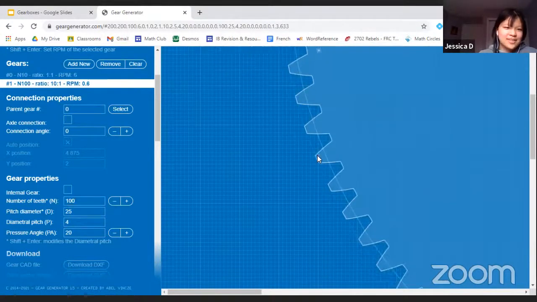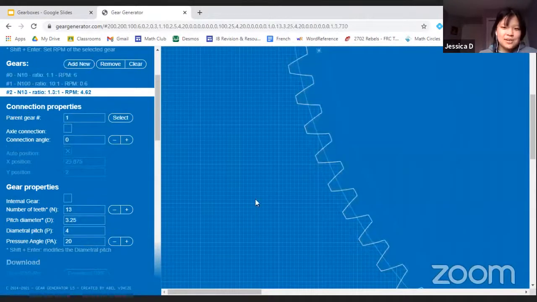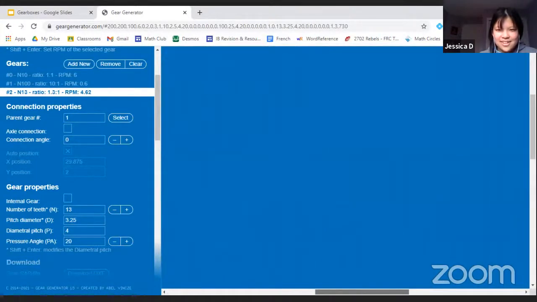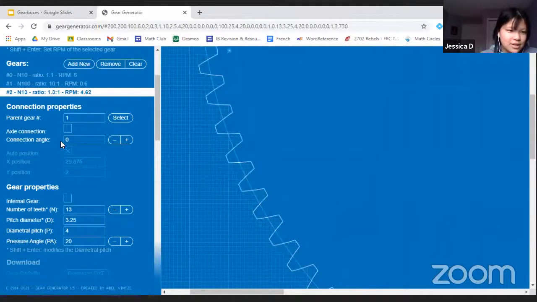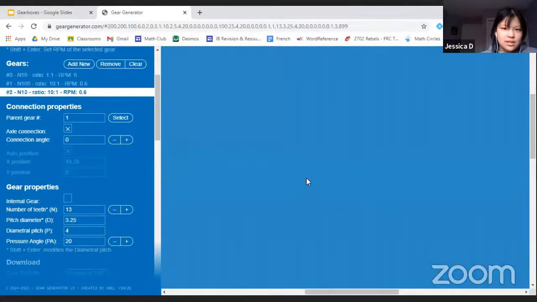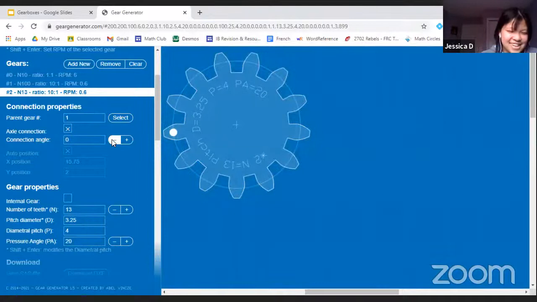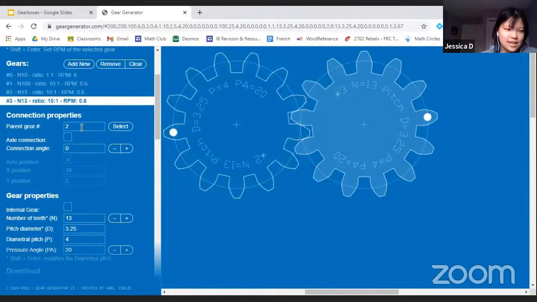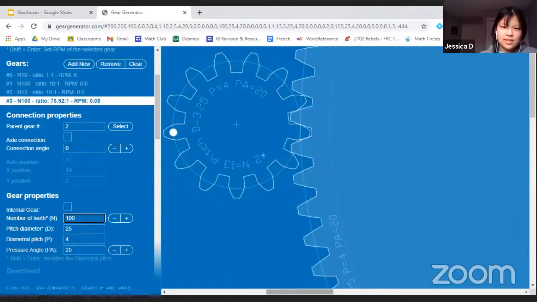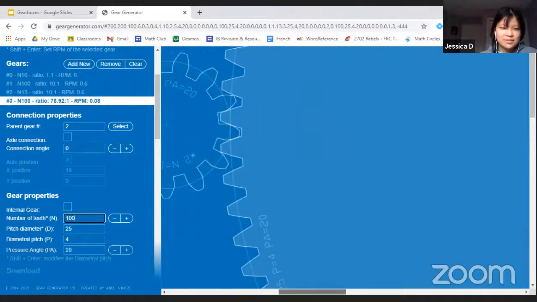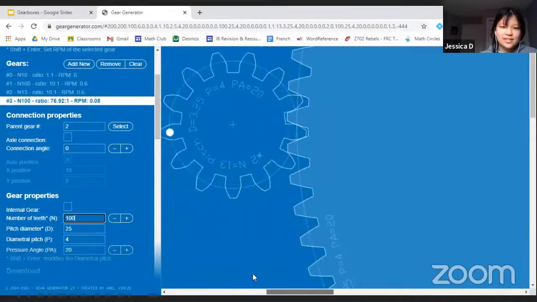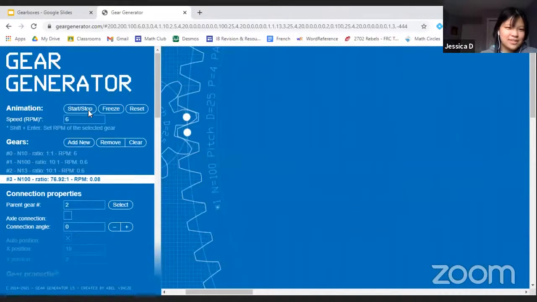And then on this one, we're going to add a new one. I bet we can't even see it at this point. Okay, we can kind of see it. And we're going to make it have an axle connection, so now it's on a new stage. Ah, there it is. And then to this one, we're going to connect it and give it a number of teeth of 100. All right, wish I could zoom out. I don't exactly remember how. And so now, if we were to start this,